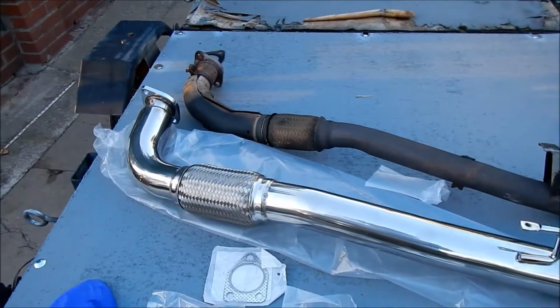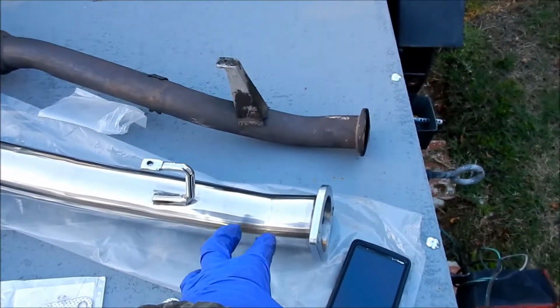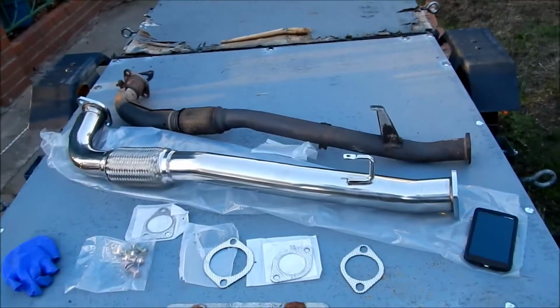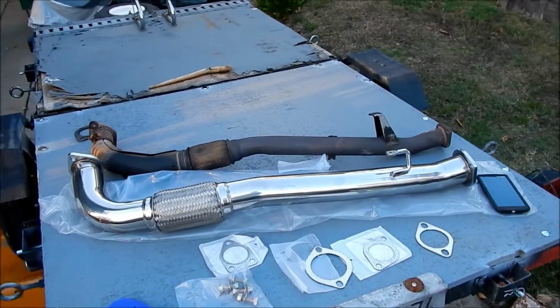The plan is I'm going to put this up in there. I'm going to bolt it to the O2 housing, because we can bolt it to the O2 housing, and then I'm going to leave it unbolted to the cat. So it's just going to be like an open downpipe. Oh, that'll sound interesting, won't it? And then we're just gonna have to drive it to the muffler shop like that. I've done it before, so